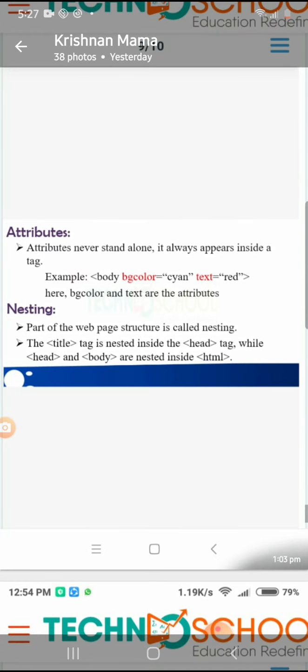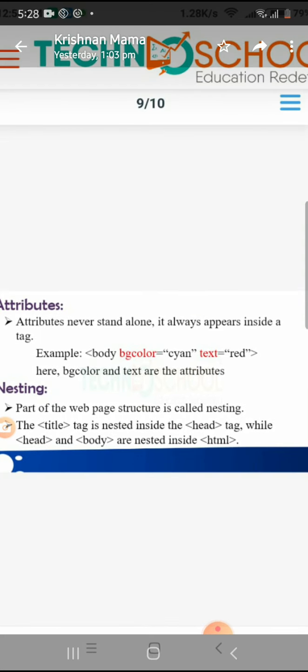Next one, we are going to study about attributes. Attributes never stand alone, they always appear inside a tag. They have given you an example. In body, BG color is equal to crayon, which means background color.